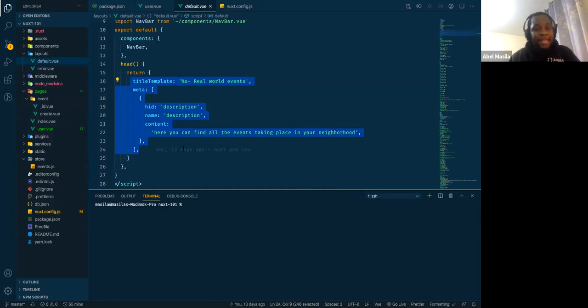And the good thing is that because I have some meta info on my default layout, most of my application, if I don't add any meta info, will have the default meta info from my layout component. So it's nice to have the default markup for your meta info on the default layout page, and then you can change them for specific pages, if that makes sense.